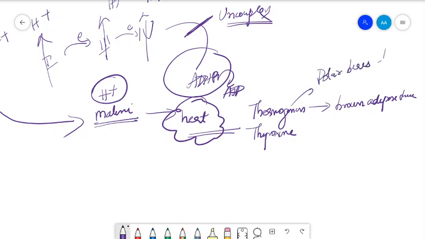They have to keep their body warm, right? So it is with the help of this thermogenin protein, a physiological uncoupler, that heat is generated by the proton leak from the intermembrane space to the matrix. So these are the uncouplers: the physiological uncouplers, thermogenin and thyroxine, and the chemical uncouplers 2,4-dinitrophenol and dinitrocresol. These uncouplers allow oxidation to occur, but ATP synthesis is blocked.